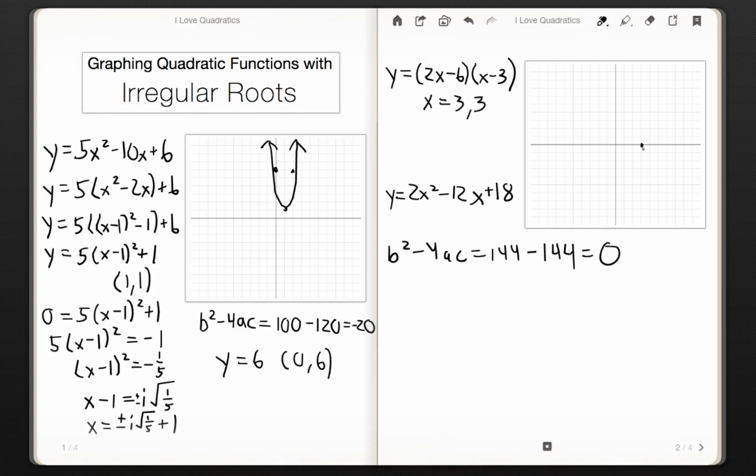And again, if you're not quite sure why that works, you can go back and watch the video on the discriminant and see exactly why that holds true. So now, in this one,